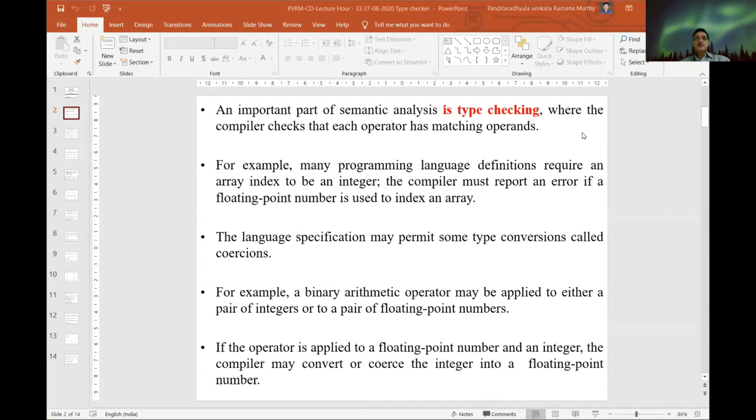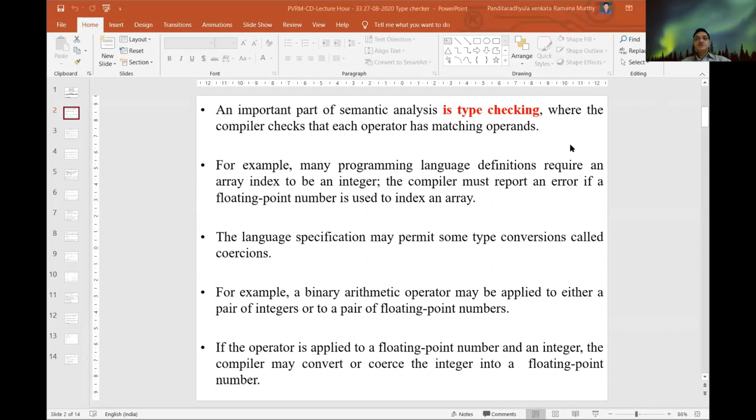For example, many programming languages require an array index to be an integer. Of course, the programming language also defines that every array index must be an integer. What is the meaning of array index to be an integer?